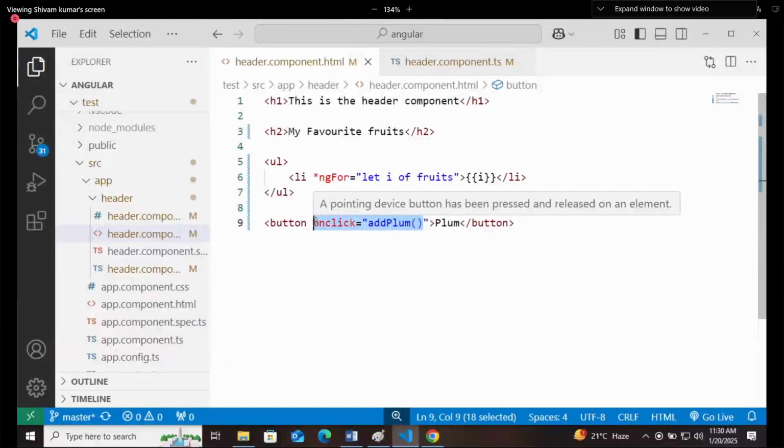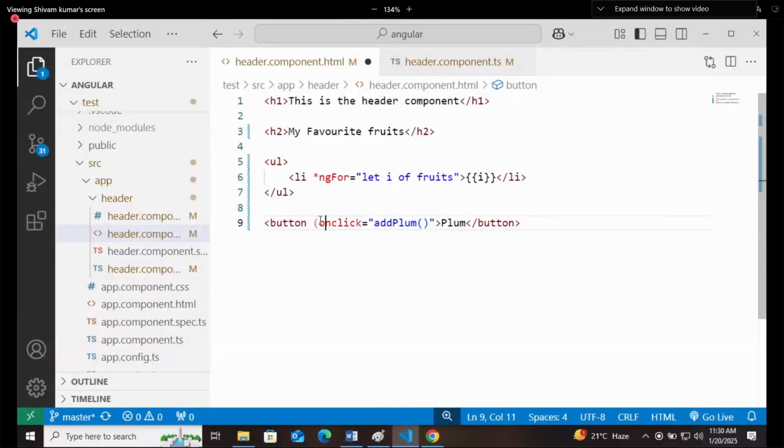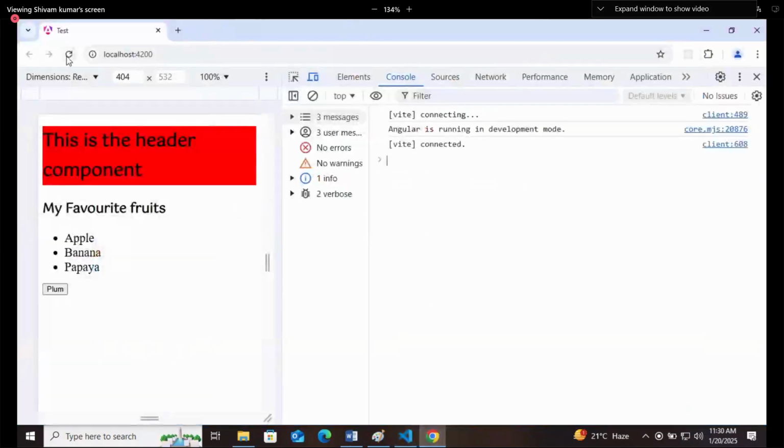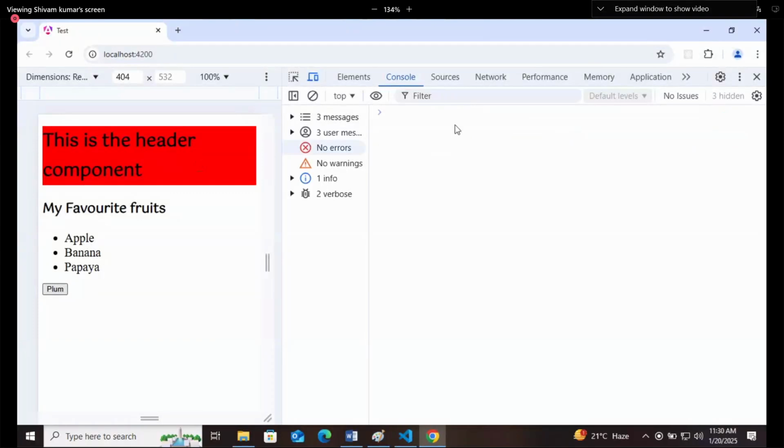Now, how will you bind it? So this is an on click event. For that, in this way, now you are trying to bind this. Okay. And this time it is not throwing any error, right? It is not throwing any error, but it is not displaying the answer also.